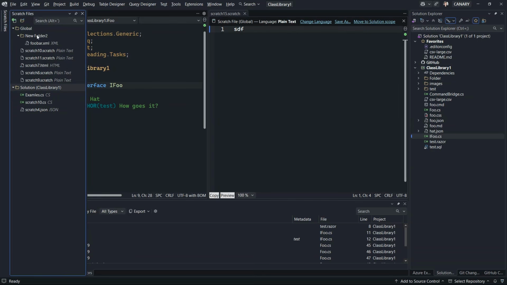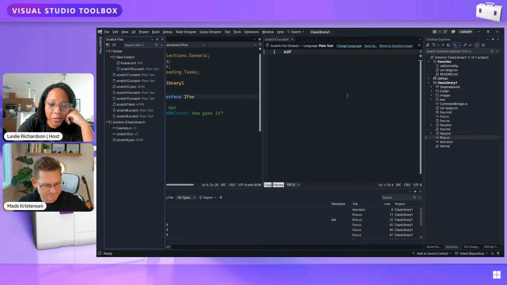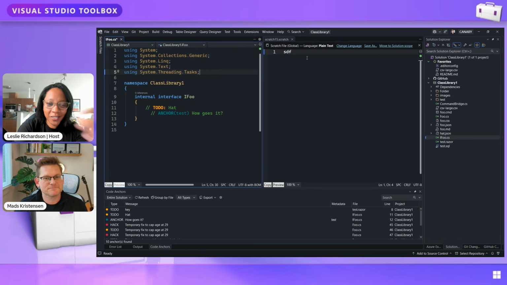And so you can create folders in here, nice, and drag and drop between solution and global into folders. That's cool. I'm thinking about when I'm putting together talks, sometimes I'll open up Notepad and leave some notes or a code snippet that I want to add and post later. It's kind of annoying having a separate window open. So presumably I could just do that in one of these.